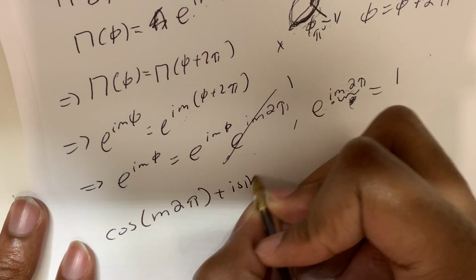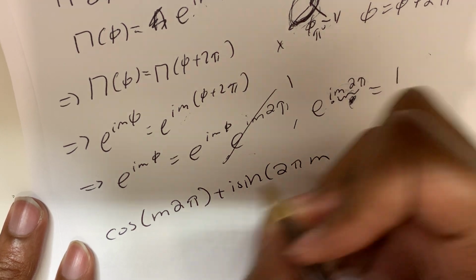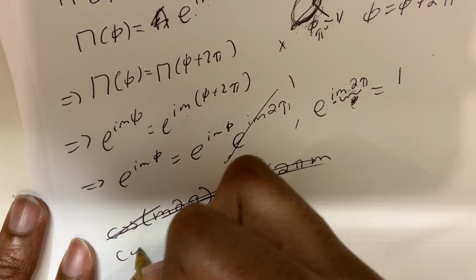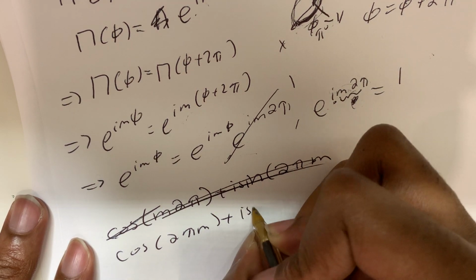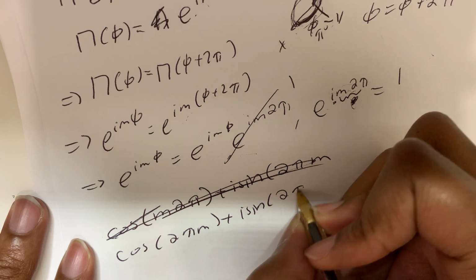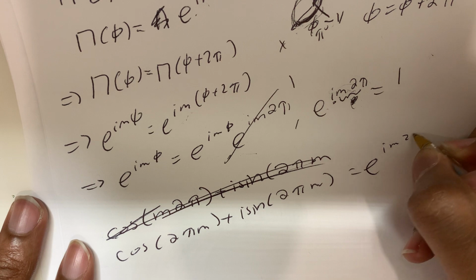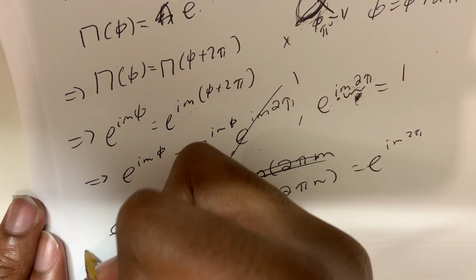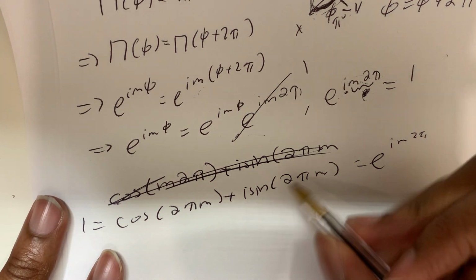Plus i sine of, I should really do 2 pi m, not m 2 pi. Cosine of 2 pi m plus i sine of 2 pi m. Looks more natural. And that's e to the i m 2 pi, right? And this has to be equal to 1, right? So how can we make this equal to 1? Well, to make this equal to 1, we have to make m